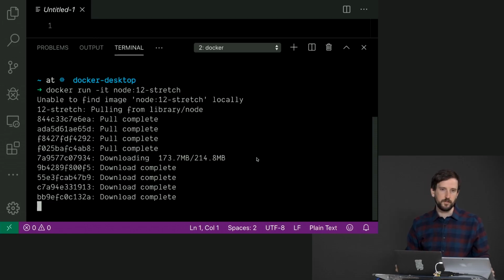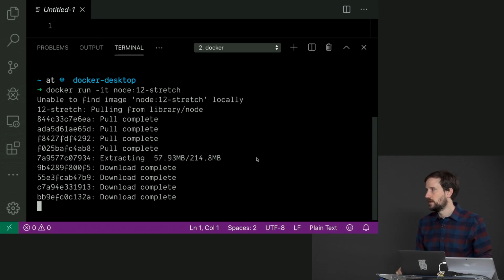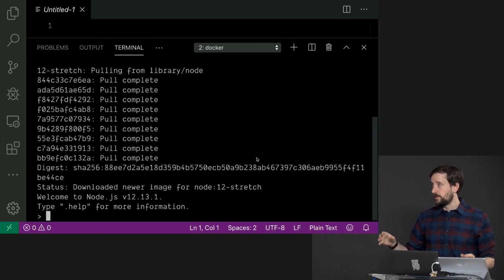Yes, the answer is yes, because we'll use it several times throughout the rest of the course. Then it has to go extract everything and then reapply everything, so it takes a bit of processing. So okay, we downloaded the image, it pulled it, and executed it, and now it drops us into some sort